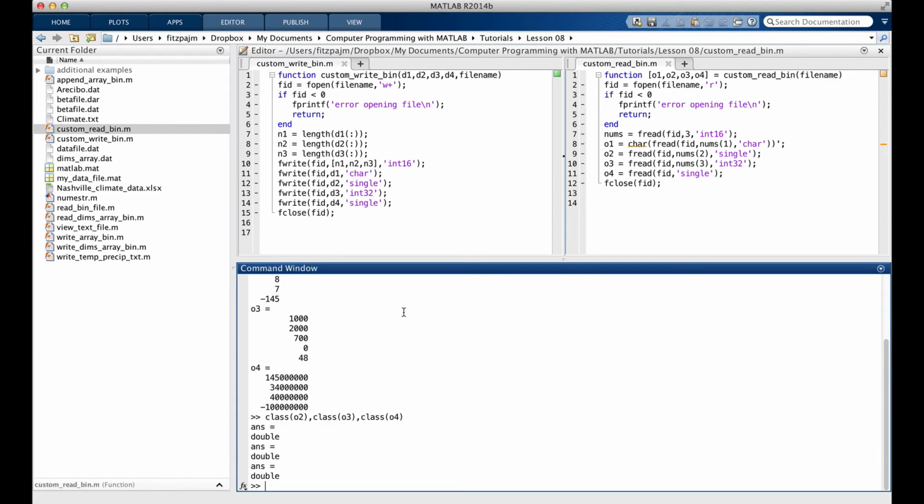On the other hand, other types, while they're more difficult to use in calculations, take up less space in a file. The int32, for example, takes up only 32 bits, where a double takes up 64. If we know that the data can fit into less space, then we can use less space by choosing just the right type. If we know that an array contains only non-negative integers ranging up to, say, 50,000, for example,